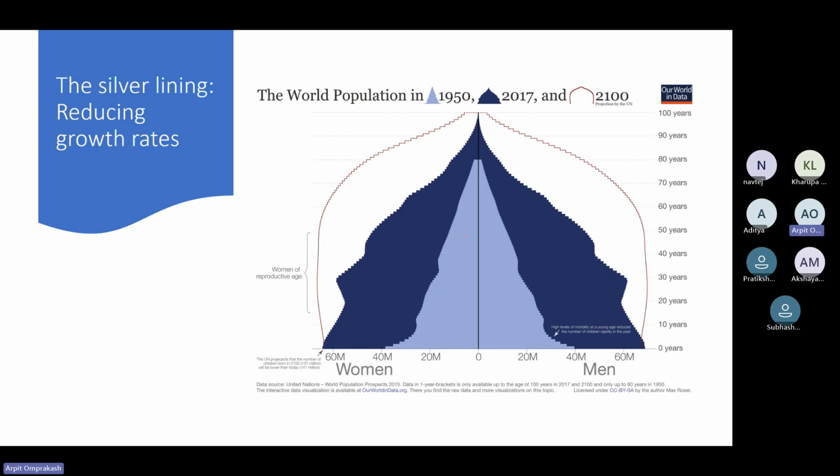What we see in the 1950 population is that it's a growing population, because the base is much wider than the top. There are a lot of individuals that are getting born, that are new, that are infants, which will enter the reproductive age and lead to more reproduction. And there are very few individuals of the older age. Okay. Then the other thing we